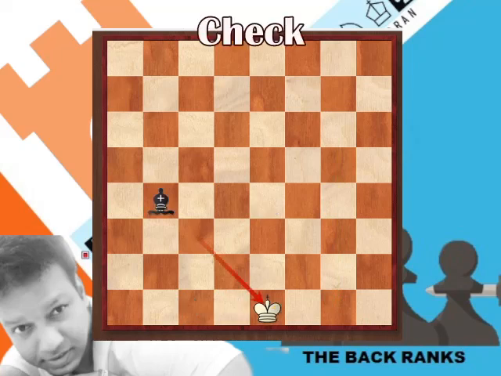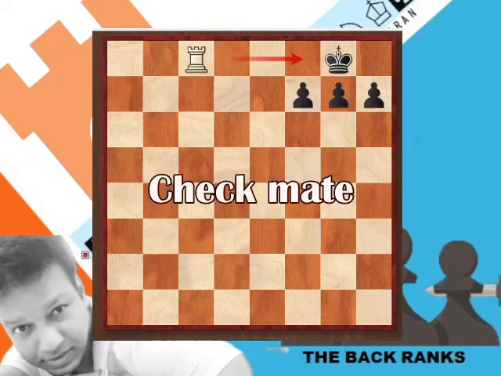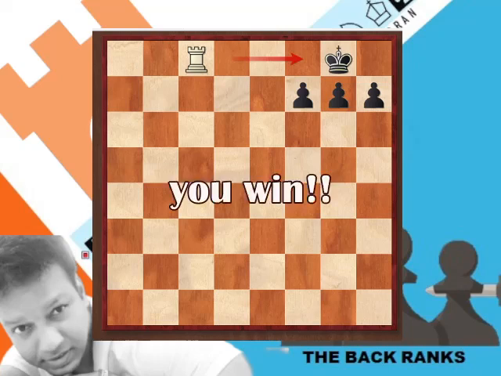Check. When a king is attacked, it is called check. Checkmate, usually known as mate. It is a situation in the game of chess where a player's king is threatened directly by another player's piece. The king is in check and has no way to defend itself by escaping, capturing the threatening piece, or blocking it with another piece so that it doesn't reach the king. It is the dream of every chess piece to give checkmate to the opponent's king, because when you give checkmate, the game is over and you win.